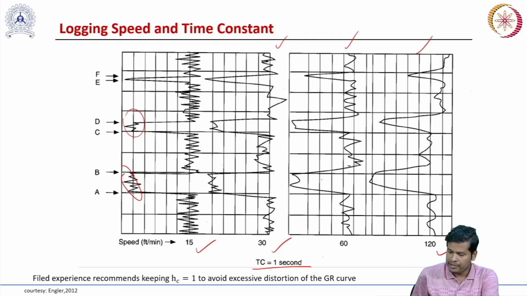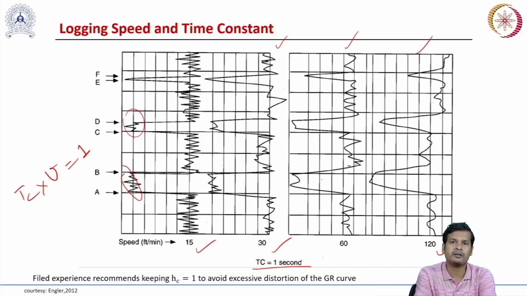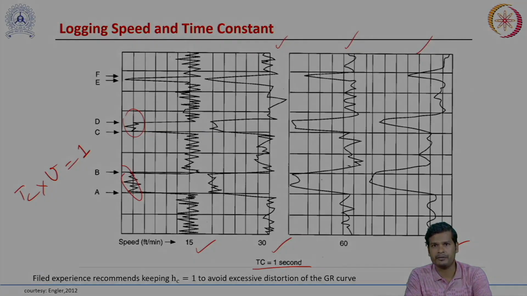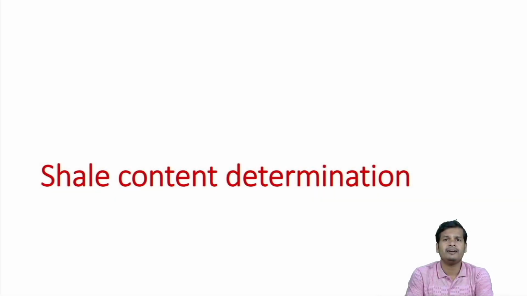When the velocity is too high, we are oversimplifying the curve and some peaks may be reduced. So time constant multiplied by velocity should be equal to 1 in order to get the best record from our formation. Now let us discuss how to calculate the shaliness of the formation, or the shale content, from the